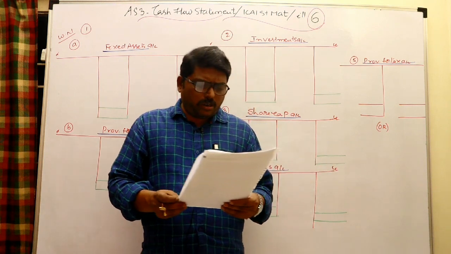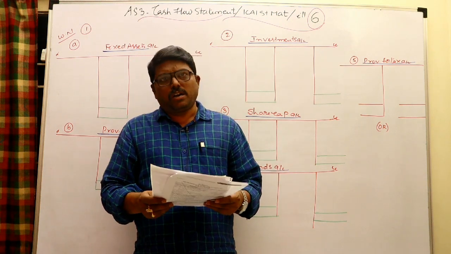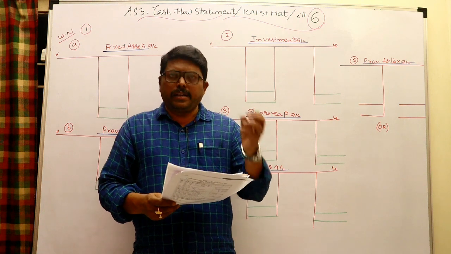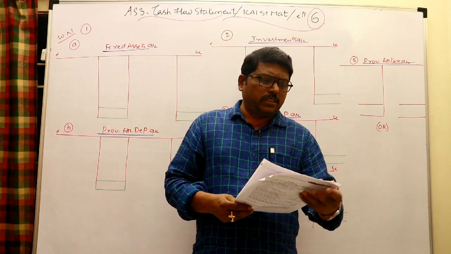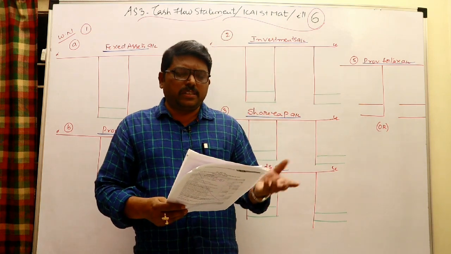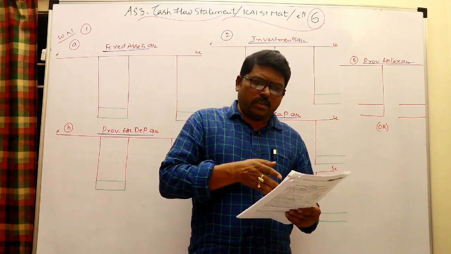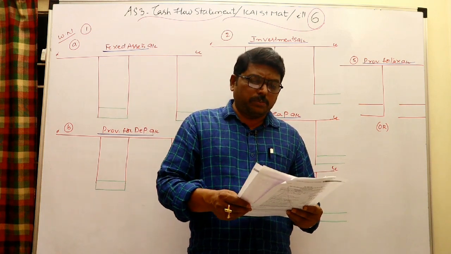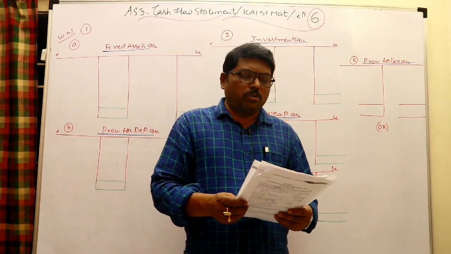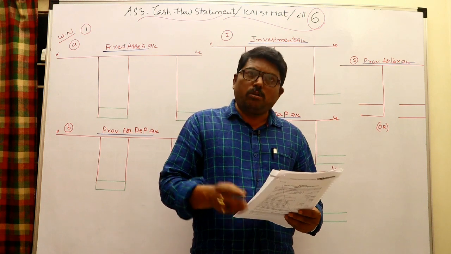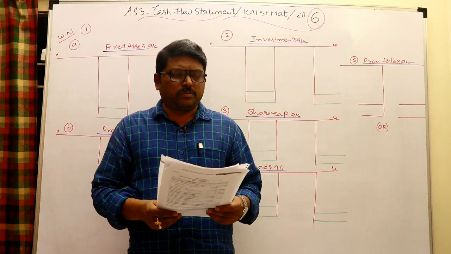Again accounts payable, accrued liabilities, outstanding expenses like that, and those two are current liabilities. We know that again in working capital change, both those two items should be considered. Income tax payable is nothing but like a provision for tax. Provision for tax last year, current year, we know both income tax payable. How much provision for tax was made during this year we know, and automatically we are able to say how much was paid during this year, we are able to find out by a small provision for tax account.